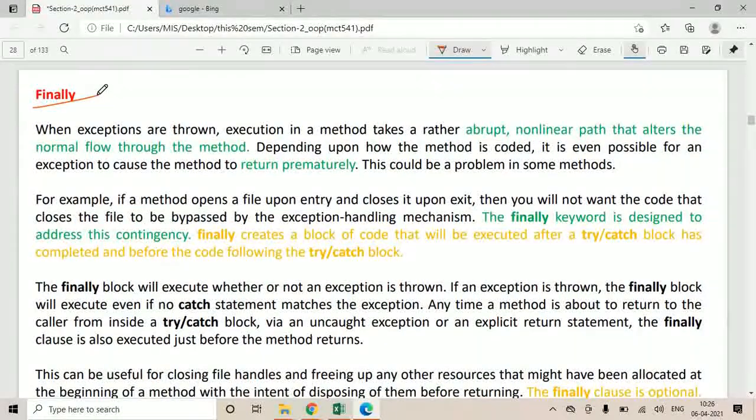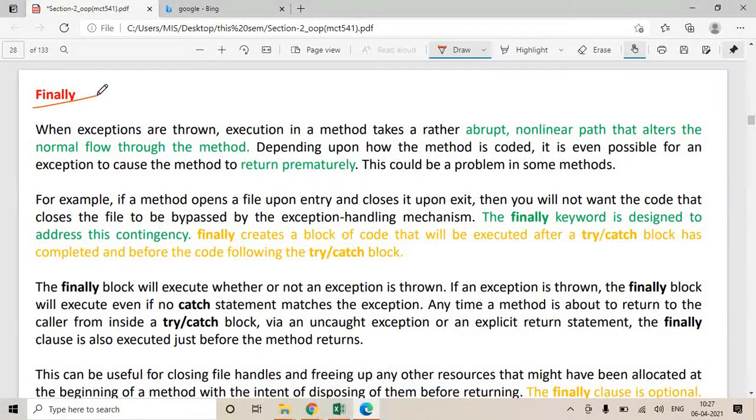Say for example, when you work with file handling, normally you open a file, then you read it, write it, update it, correct it, whatever operation you want to do on a file, you perform that operation, and at the end you close the file. So closing the file may be written in the finally block.